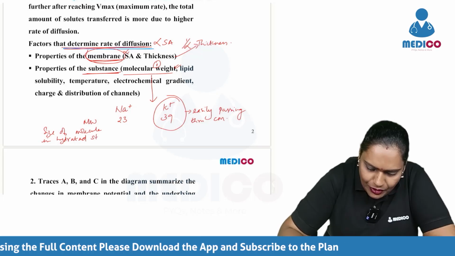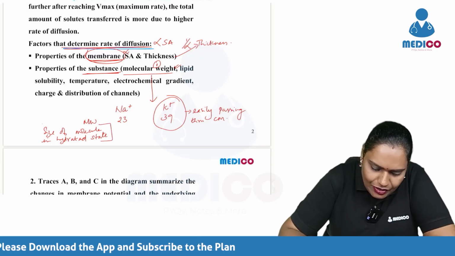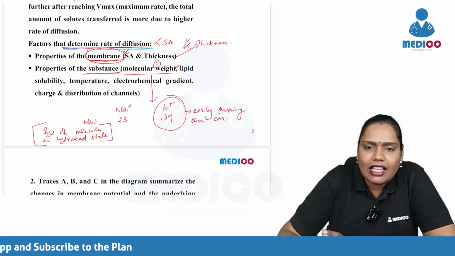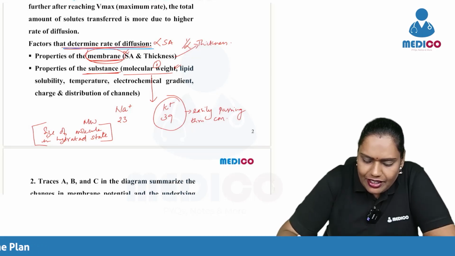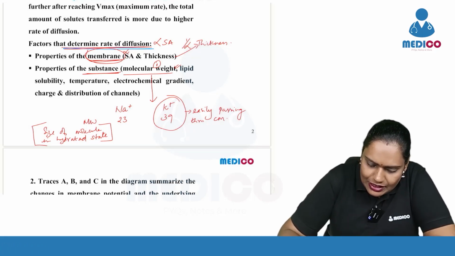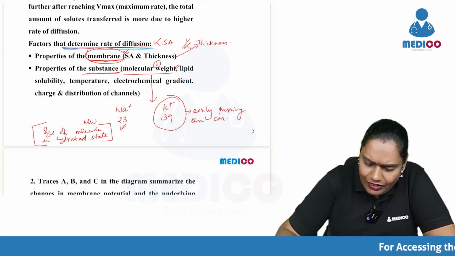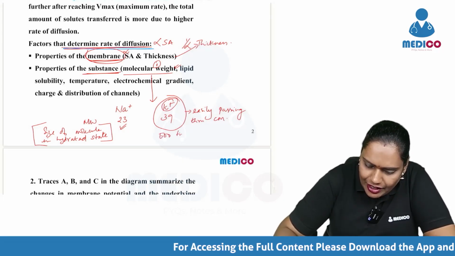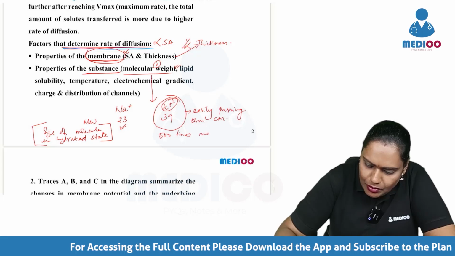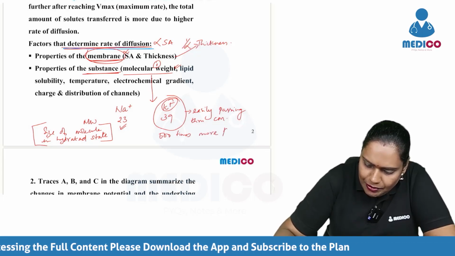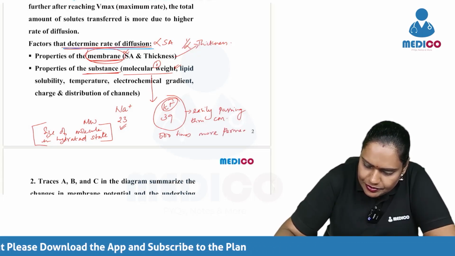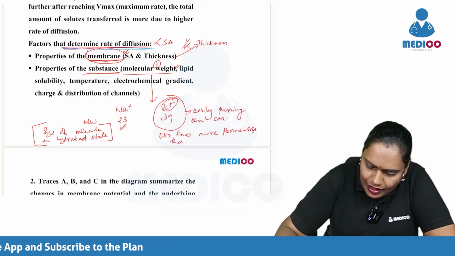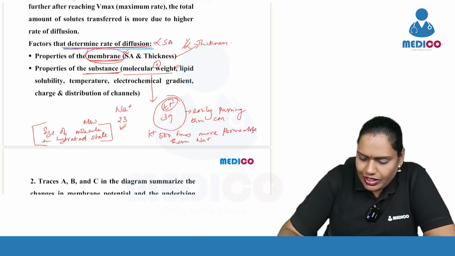Okay, this is a very important concept. So we also have to look at the size of the molecule in its hydrated state. When hydrated, potassium is 500 times more permeable than sodium. Okay. When hydrated,